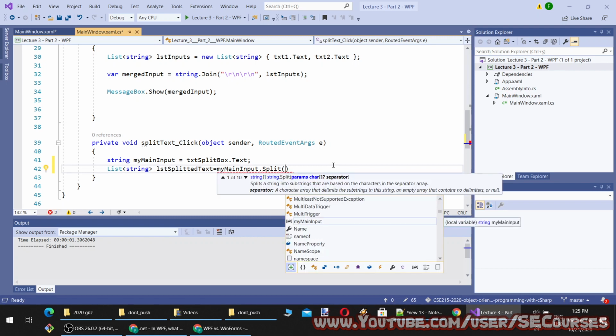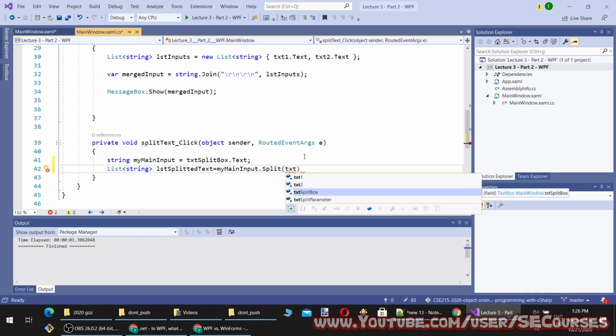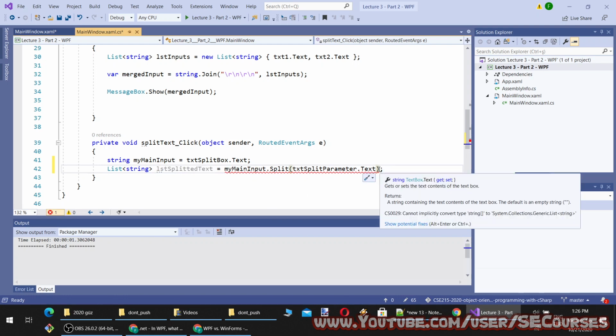So the split takes character, okay, as you can see, character separator, split options, and it can take split separator as well. So I will get text as the separator, and this produces a string array.